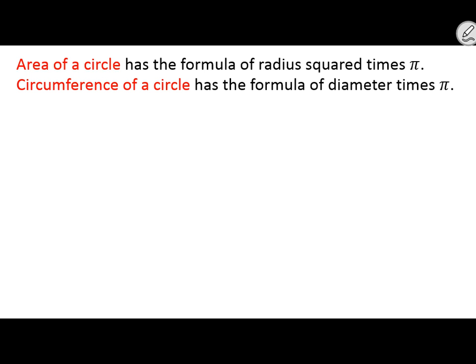Alright, so the area of a circle is radius squared times pi, and then the circumference is diameter